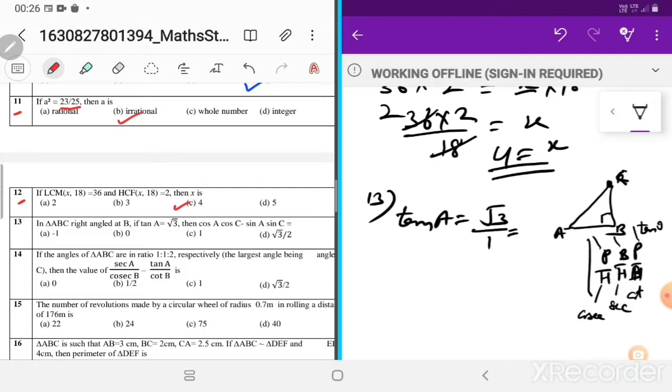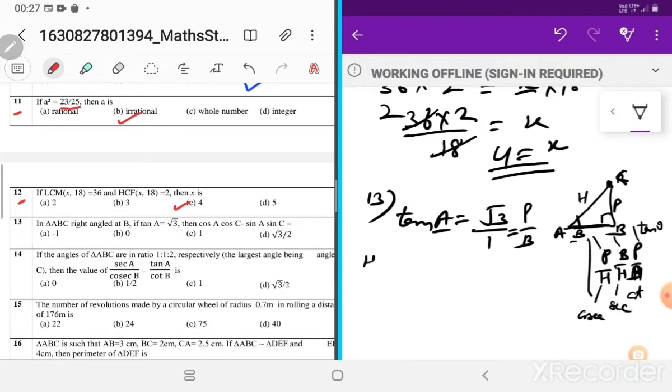Here is B. Okay, so my tan is what? P upon B. P upon B is given, so you can find the third side. This P is given. Now angle A: whichever angle we are taking, the side next to it is always the base. So this is base, this is perpendicular for angle A, and here is H.